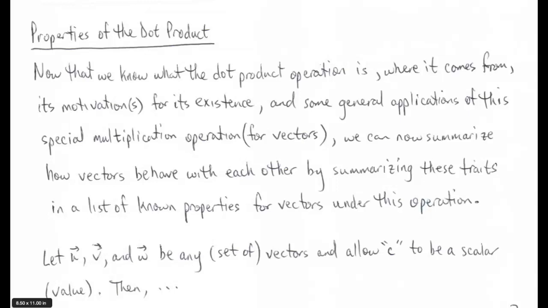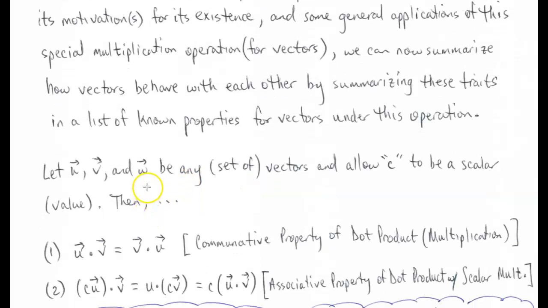And then after that, we say, all right, well, now that we know all that stuff, we need to tell you what the rules are of the game. And of course, with dot product, the list that we're about to go over now are the rules of the game. So if we let u, v, and w be any set of vectors,